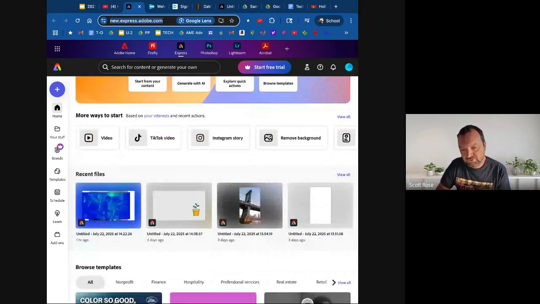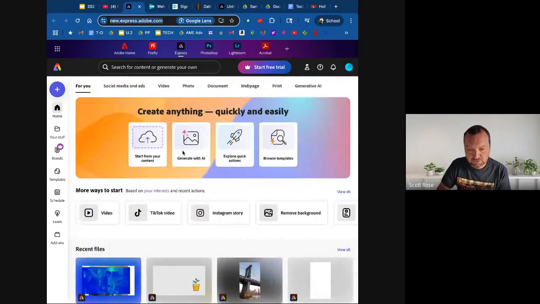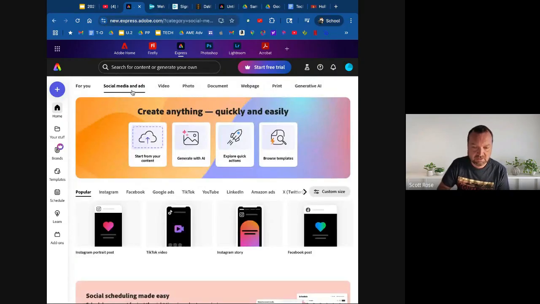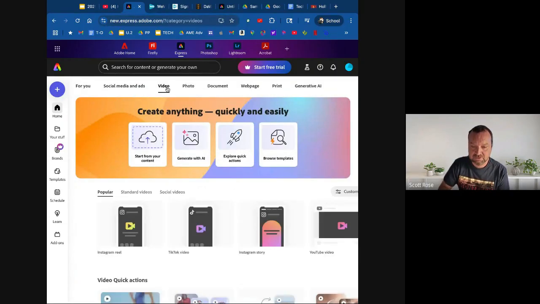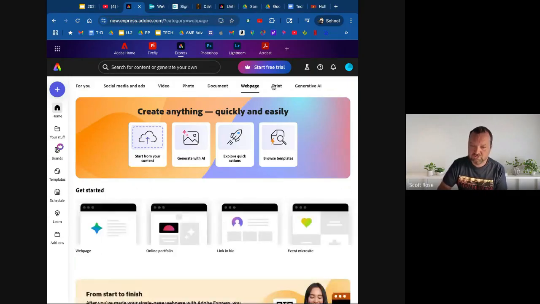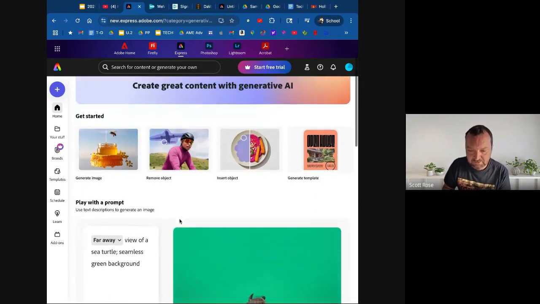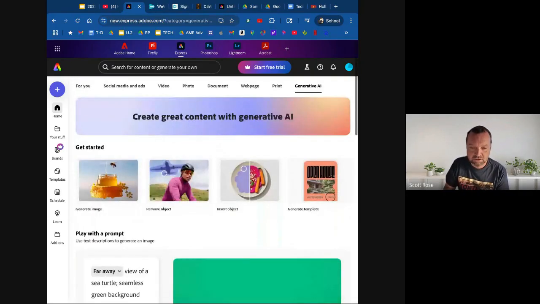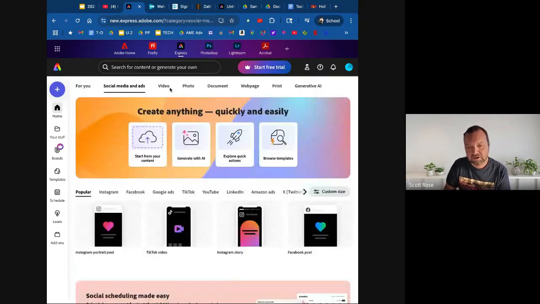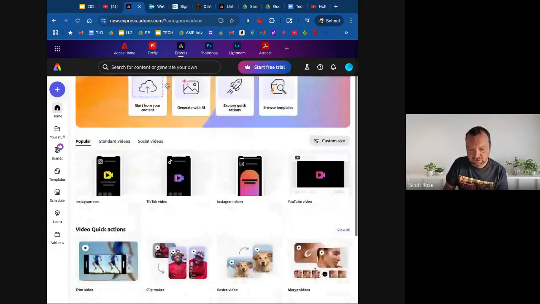So there's different ways to start. You could create a video, a TikTok video, Instagram. You can remove backgrounds as well. So there's social media and ads, video. You can work with photos. You can create documents. You can create a web page. You can use stuff to print and generative AI. You have different things you can play around with. So there's a lot of different tabs you can click around and see which one you like. Today we're going to look at video, and under video,